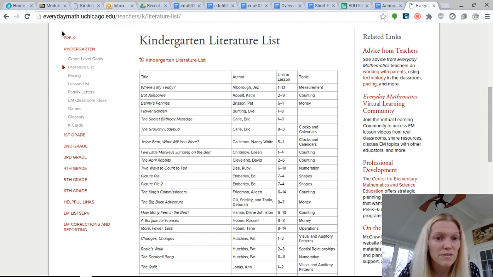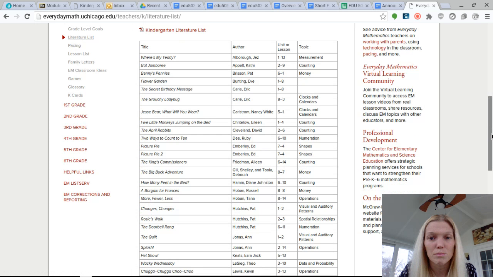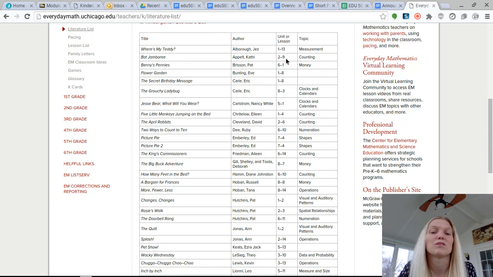The awesome thing is, if you see on this side, they list all the grade levels from kindergarten to 6th grade, which is perfect, because that's the grade level that you need to choose. So under kindergarten, if you go to literature list, look at this. This is so cool. It lists all these different books, the author, and it does the unit or lesson that